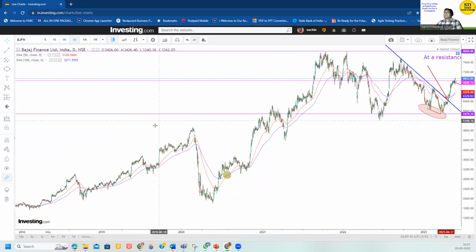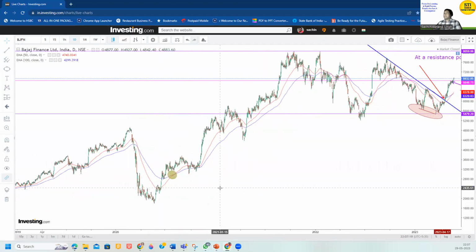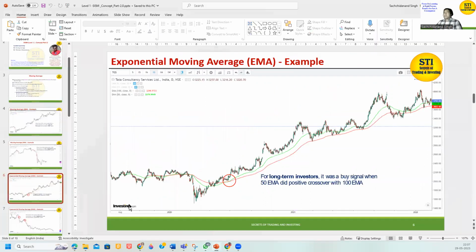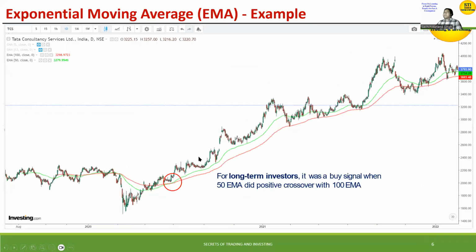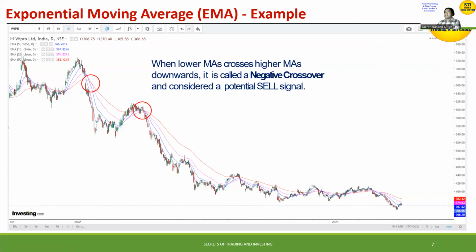In this example of Bajaj Finance, the EMA 50 and 100 is working very well, and based on these indicators this gives us a kind of conviction that yes, we should be able to invest, provided we have some more conviction. What those convictions are, we will learn in the implementation sessions. And similarly, this is the EMA positive crossover, and we also have a negative crossover EMA example,